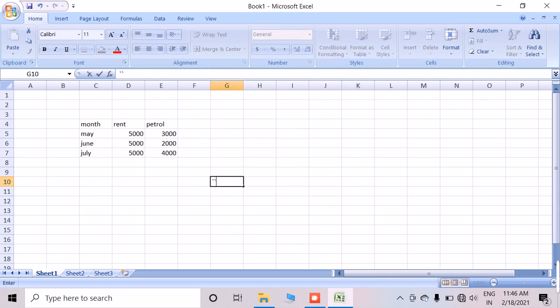So we can extend the selection by clicking F8.